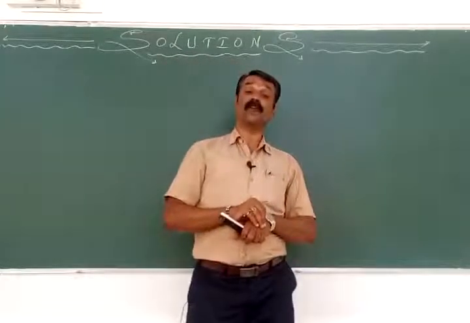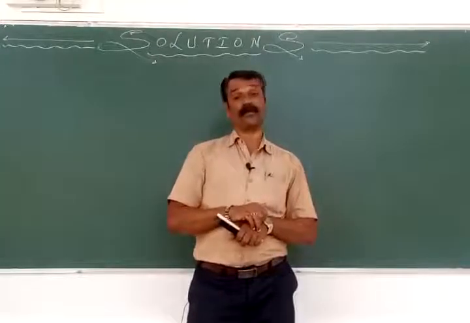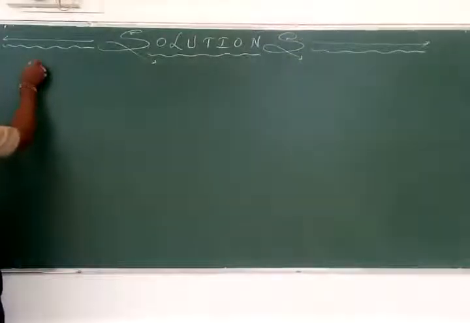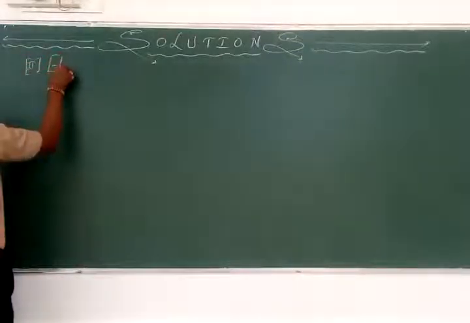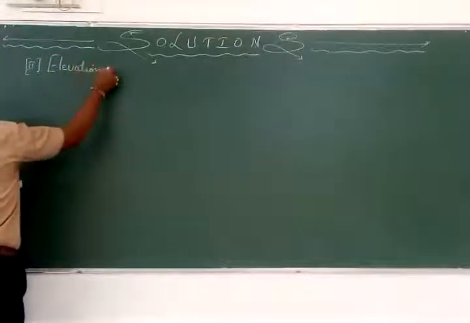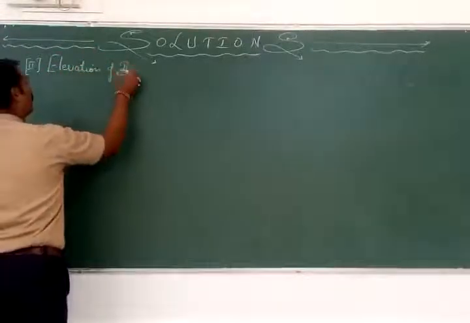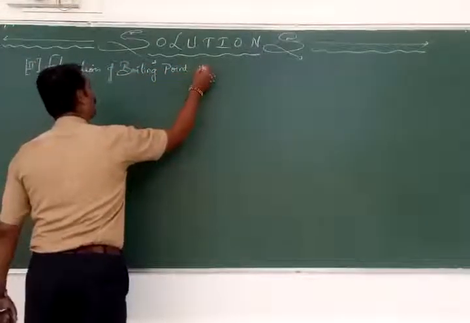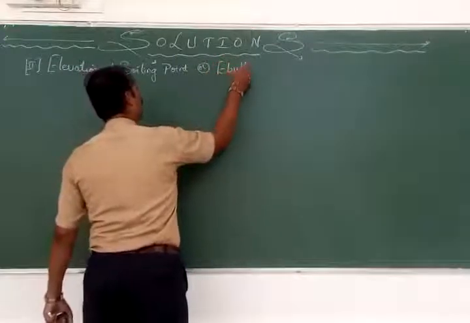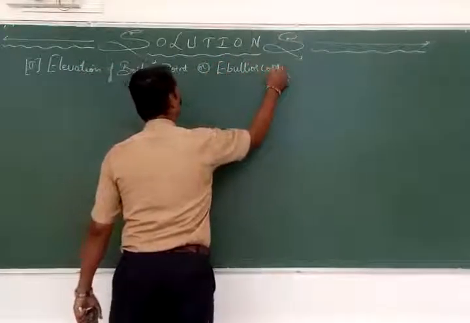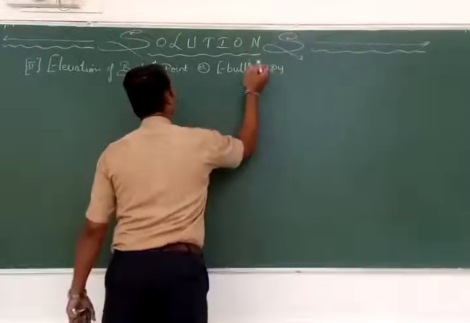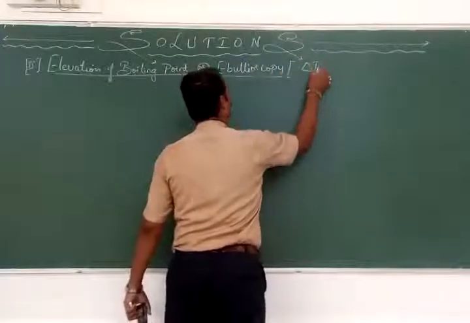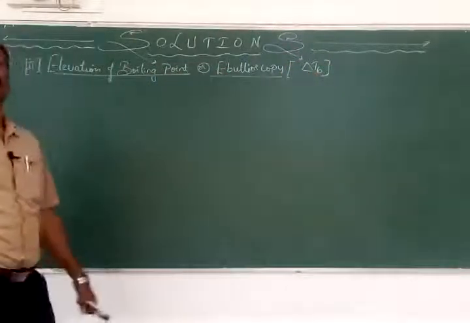Okay. So this is all we have discussed according to the first colligative property, that is called the lowering of vapor pressure, along with the relative lowering of vapor pressure. Okay. The second colligative property is elevation of boiling point. Elevation of which point? Boiling point. It is also called by another name, ebullioscopy. Elevation of boiling point, that is ebullioscopy, which has a symbol of what? Delta T.